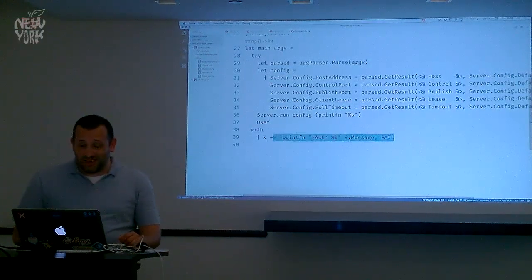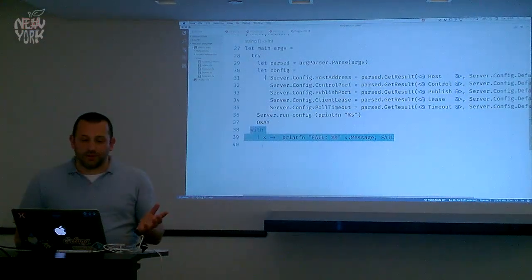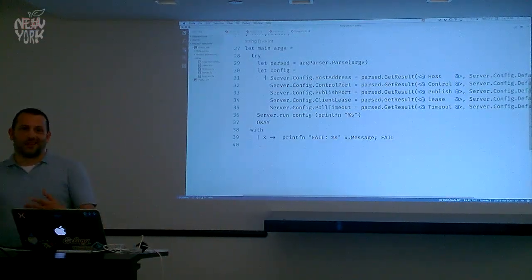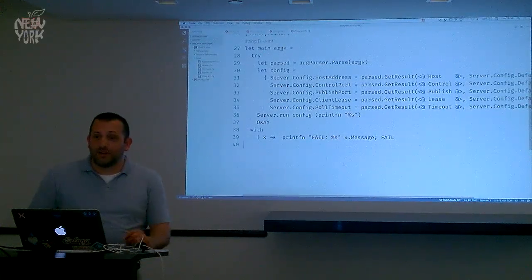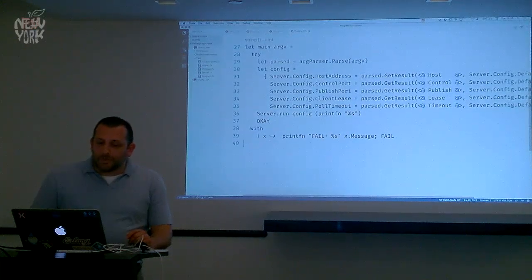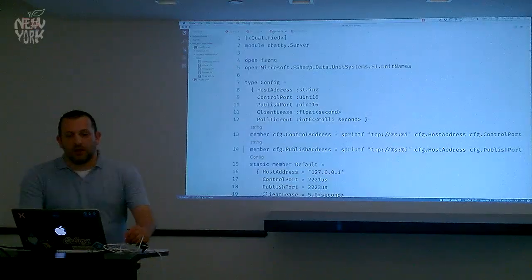Because the system interrupt actually shows up as a fail that gets trapped, but that's because .NET uses exceptions for control flow, which whatever. I heard somebody once say that was bad. Apparently, nobody in .NET land listened. So yeah, we never actually technically get to OK, but it's good to have it there.